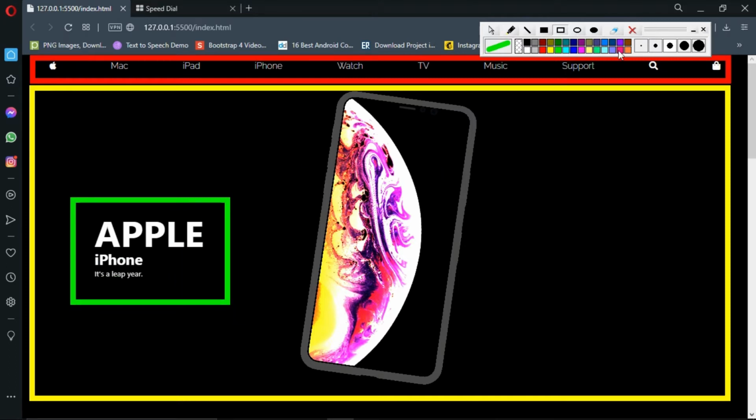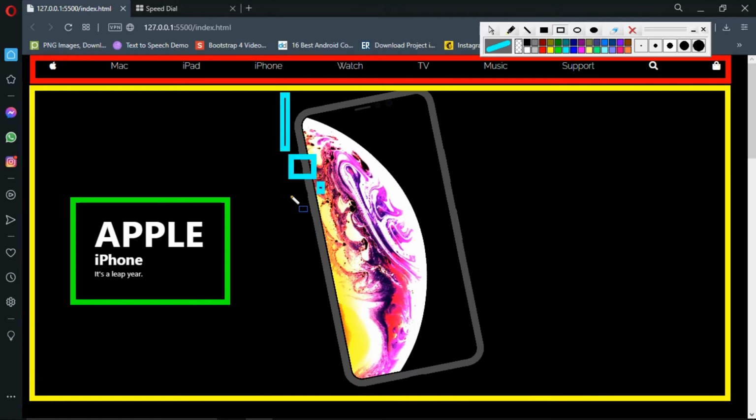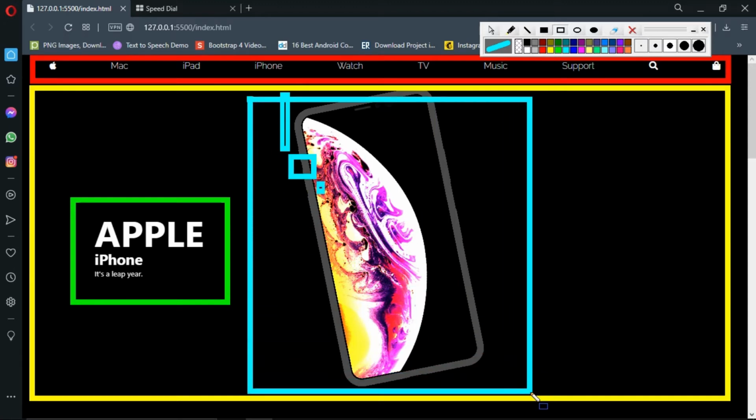So let's select this. Okay, let's select this gray. I'm confused. Let's select this blue. Okay, what am I doing? I need to get familiar with this. Okay, so I will just do it, and so we'll get this model here.